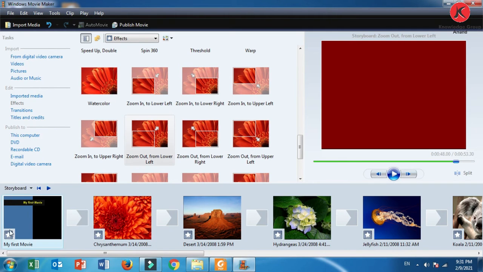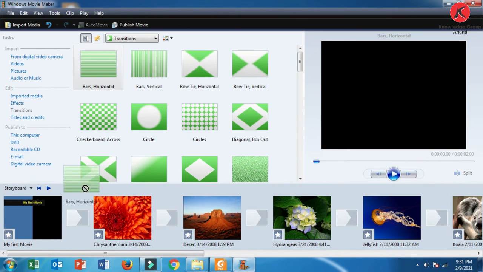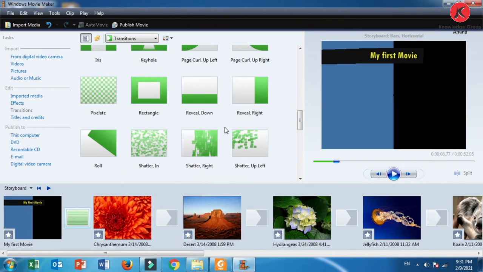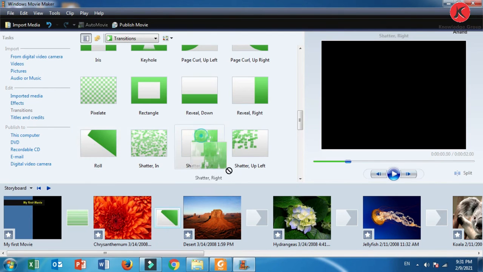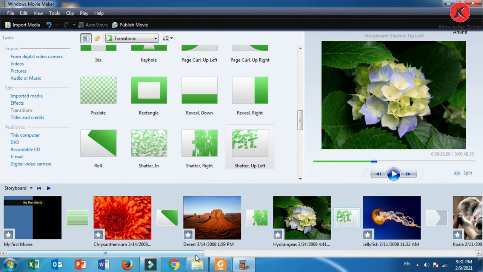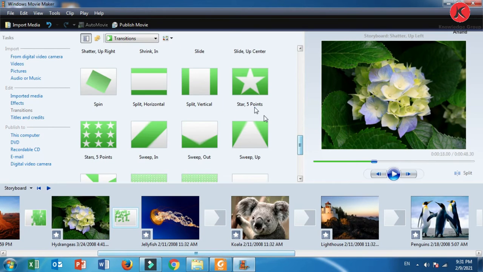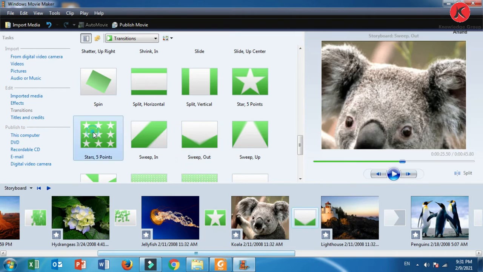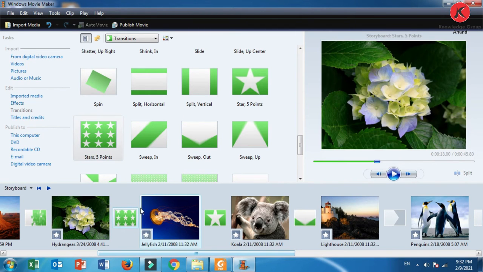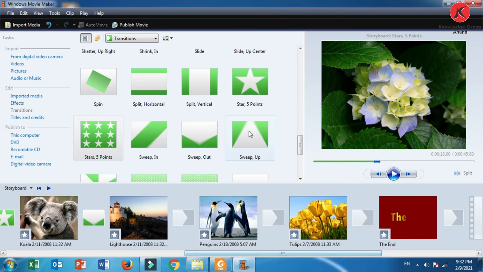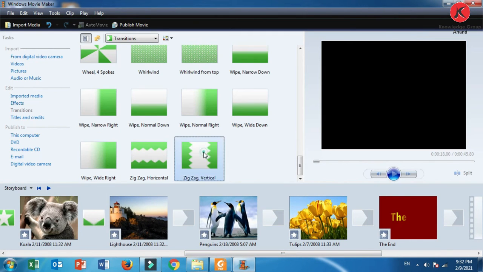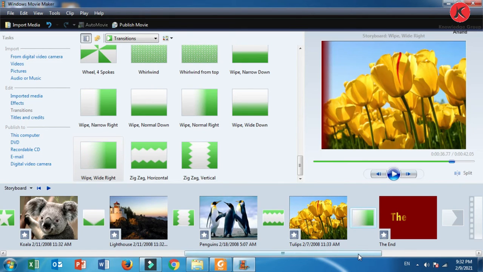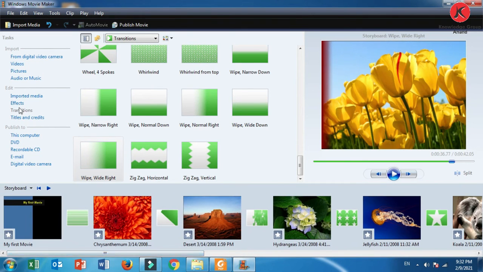Now after this we have the option to add a transition between two photos, which means how your photo will appear. So you can click here on Transition and put the transition as you want. We have many transitions, so put any one that you like. Drag it to here. If you drag it to the wrong place, it will not accept. Remember, effects should be applied to the photos and their content. This way we can edit. Done. So we have added the animation and effects.